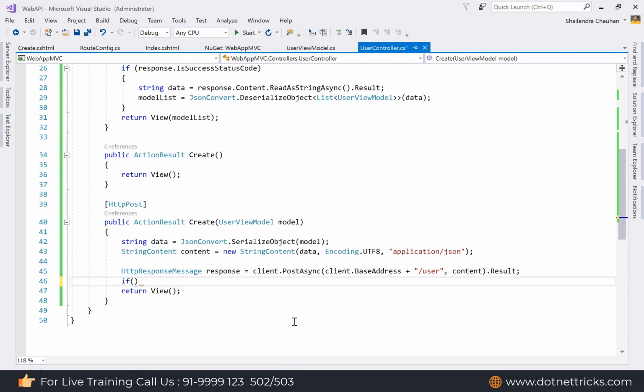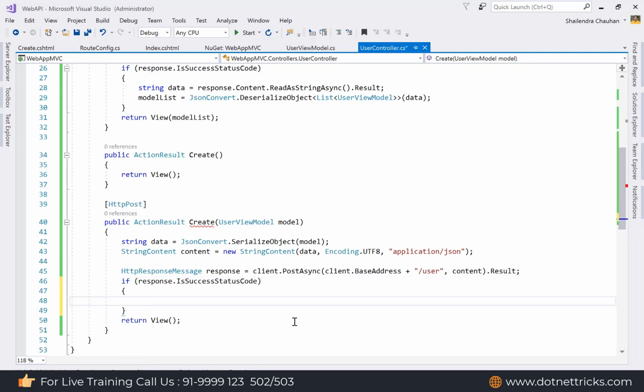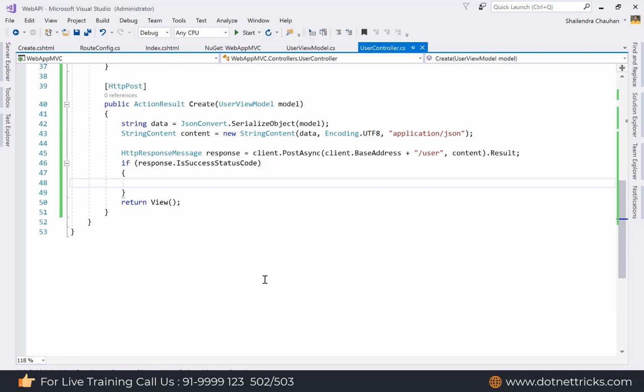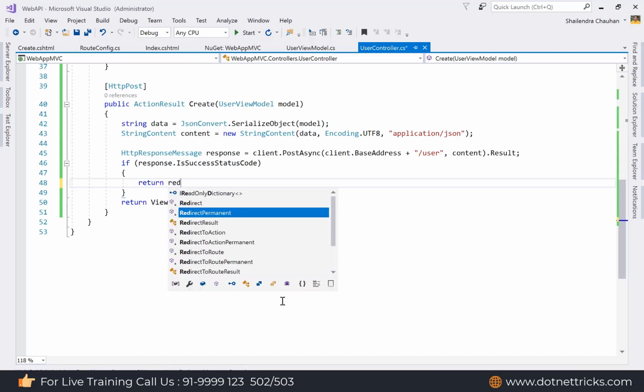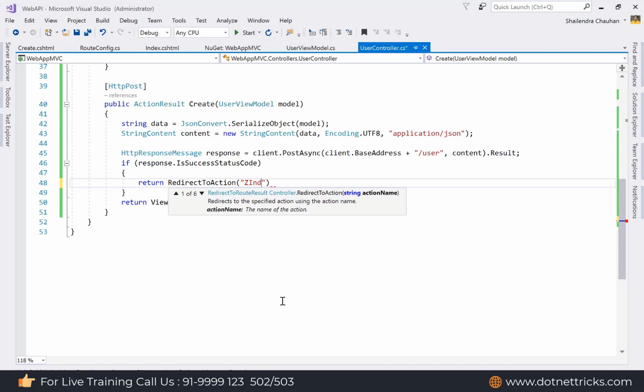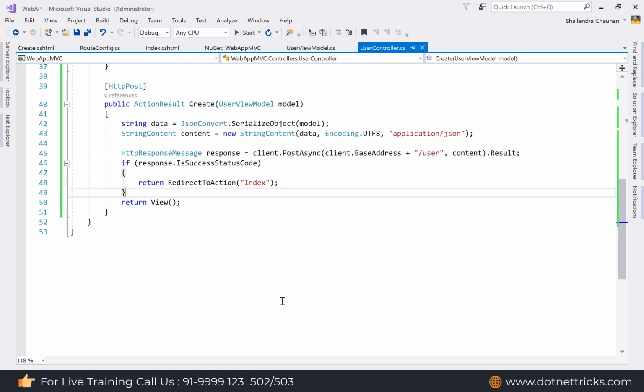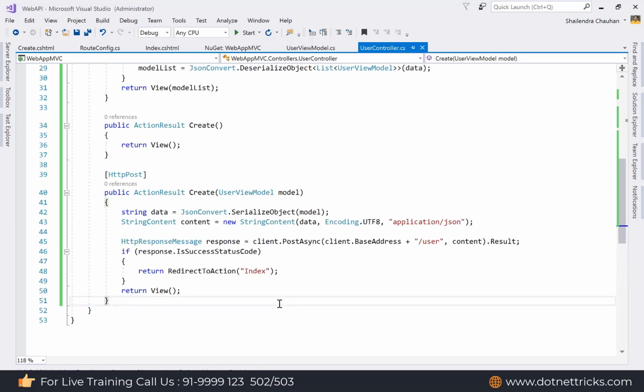Now just verify whether we are getting the success status code or not. If it is a success status code, it is fine here. After adding the user in the database, we should redirect to the user listing page. So just return RedirectToAction, and here I'm redirecting to the user listing page. That's it. If there is any error, it will return to the same page by showing the error. Perfect. So this is a way of adding a new user into a database, and through the Web API we are trying to add it.